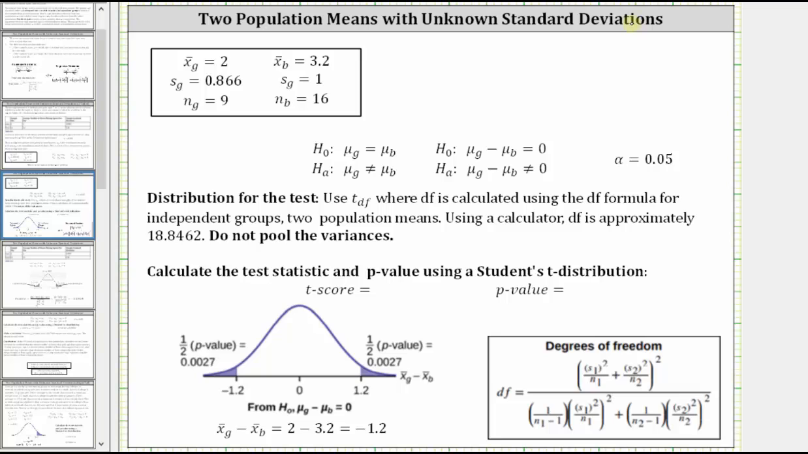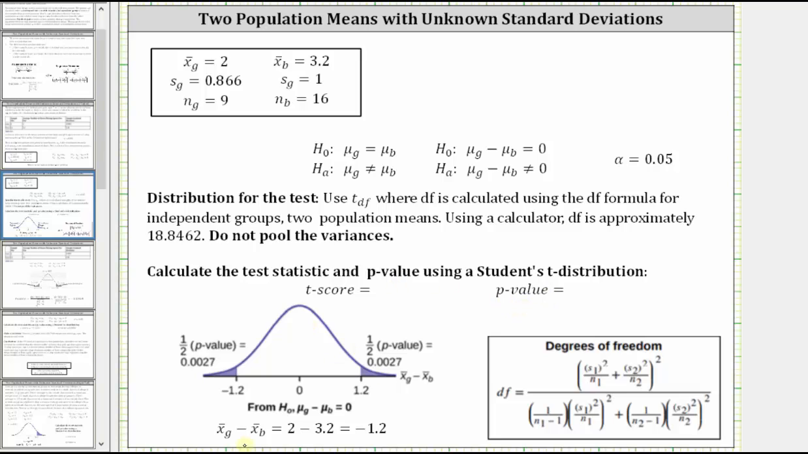We can refer to the t-score as t sub df, where df equals the degrees of freedom, which is approximately 18.8462, which we can obtain by evaluating the formula shown here below. And you may want to verify this. We do not pool the variances. Before we calculate the test statistic, which we now know is a t-score, and the p-value, let's look at this